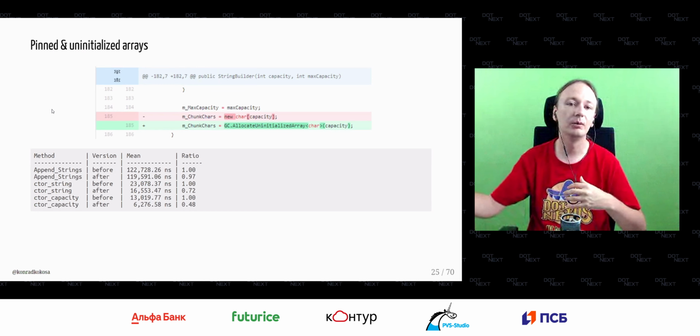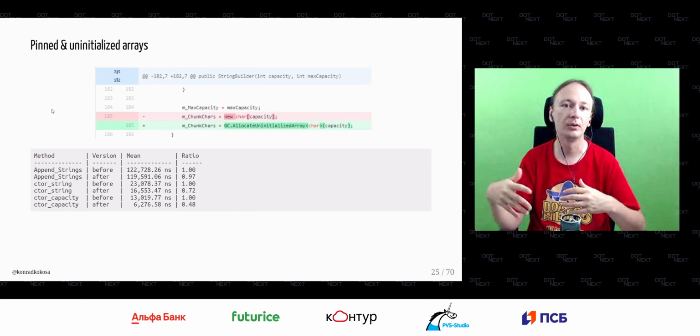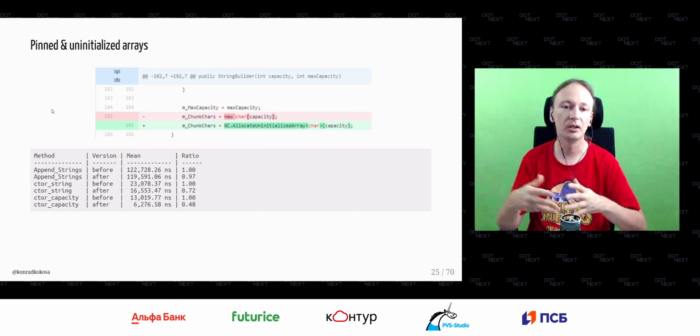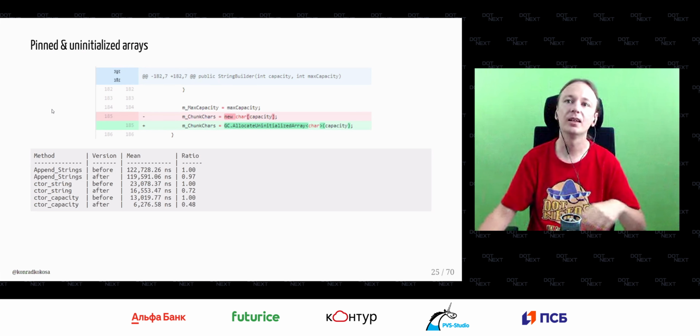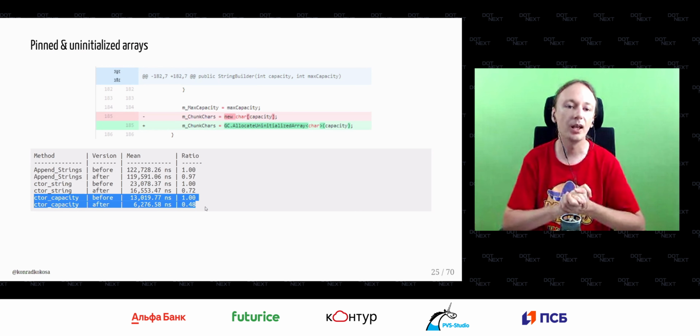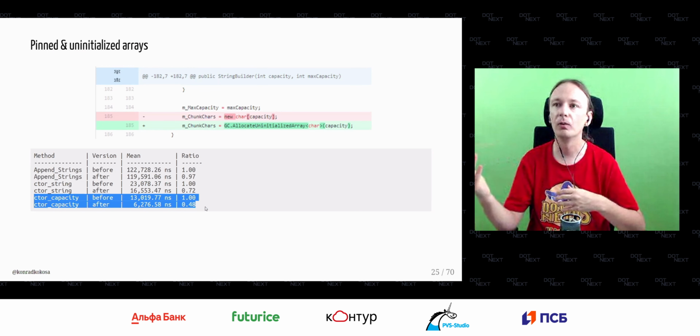So we will fill it with data. We really don't care about anything that was there before. So instead of newing up a new array of chars, we are now using, in .NET 5 in StringBuilder, this API to allocate an uninitialized array. And as we see, the performance can be improved quite significantly, even by twice, if you set a capacity